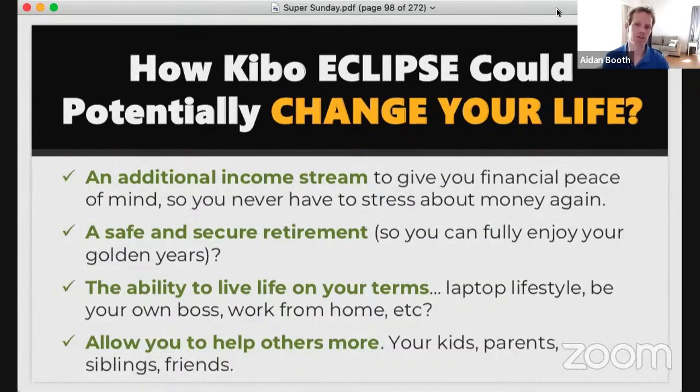Some people have got into the Kibo Code in the past couple of years because they've been looking at it as a way to make money in retirement. And I've spoken to these people and they've told me that if they can make an extra couple hundred dollars a day in profit, that would be a game changer in their retirement. So I'm just sharing more ideas about ways that this has helped people and could help people. But I think ultimately it's the kind of thing that can allow you to live life on your terms, whatever that may be, because it's giving you that financial freedom, the geographic freedom, and also